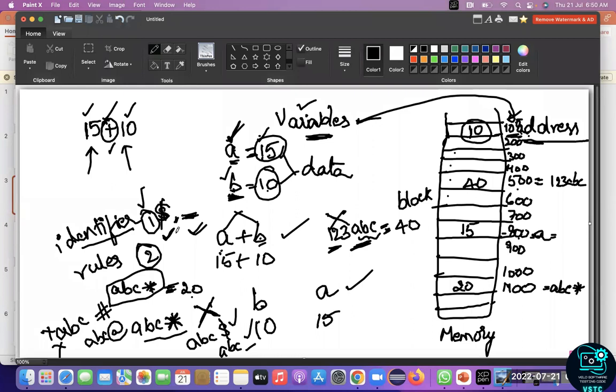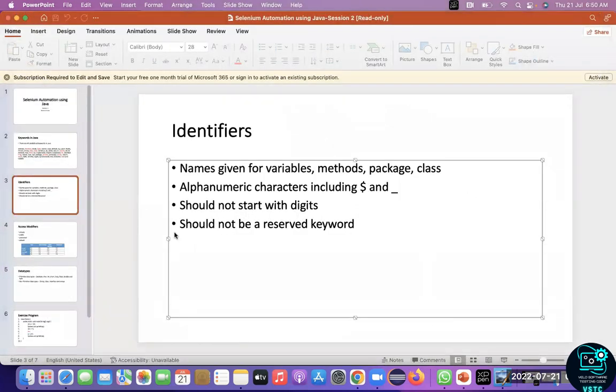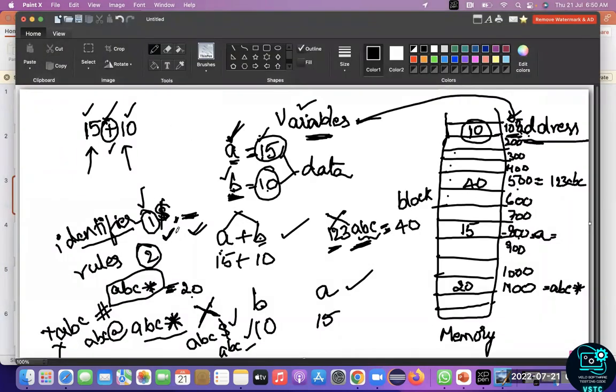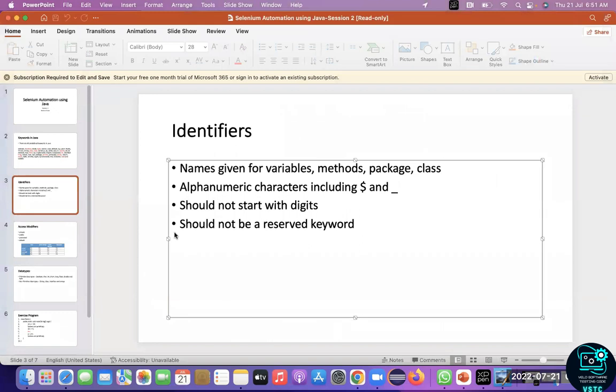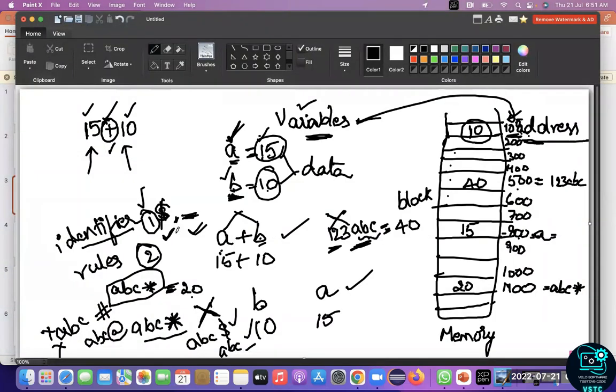While naming a variable or a method or a package or a class. So this is the second rule that we need to follow. Now the third one is, what is the third one? It should not be a reserved keyword. Suppose,